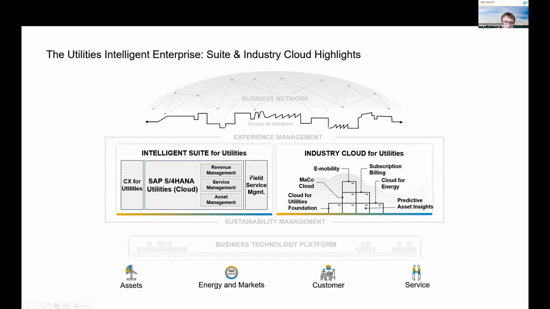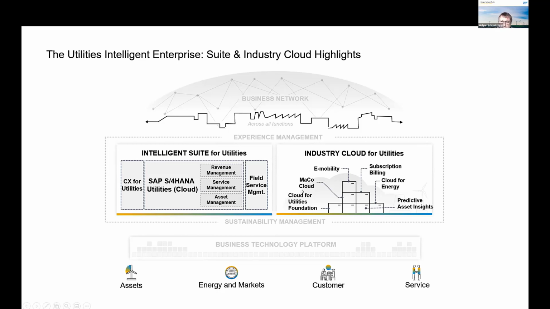So these two examples already illustrate the importance and relevance of the integration between these solutions as such. Of course, there are many other pieces that can be considered in this context. I've just listed a couple of those examples that are of high relevance for the utilities industry, such as revenue management, service management, asset management. I think you have also heard this morning that we are significantly investing in field service management. I would also recommend to listen to one of my colleagues' presentation on this topic because it provides much more information. So all of that are part of the Intelligence Suite for utilities.